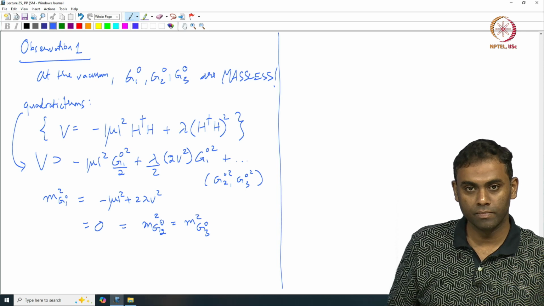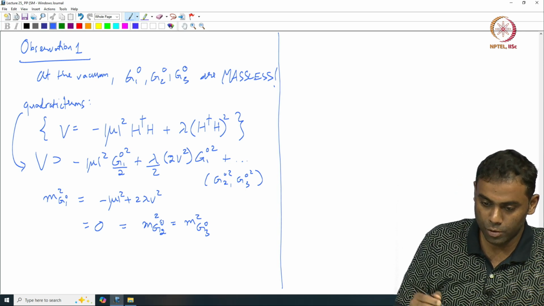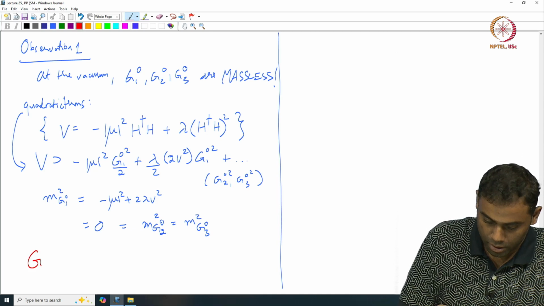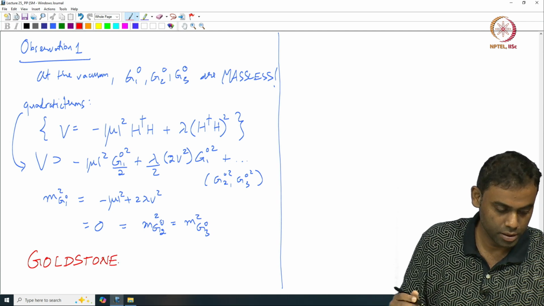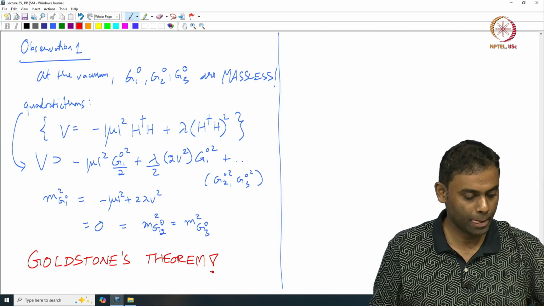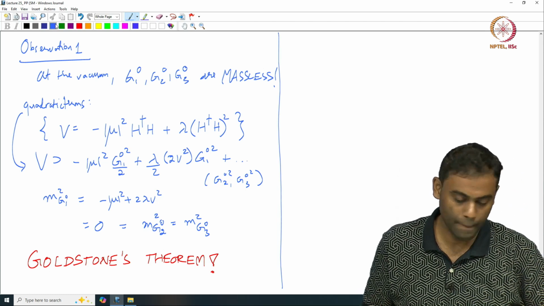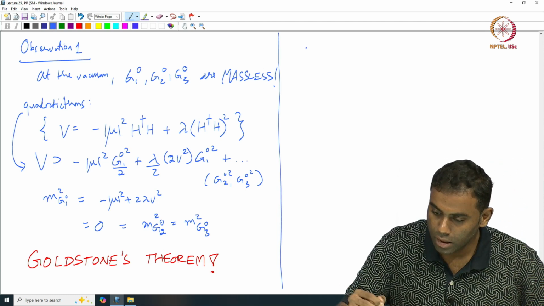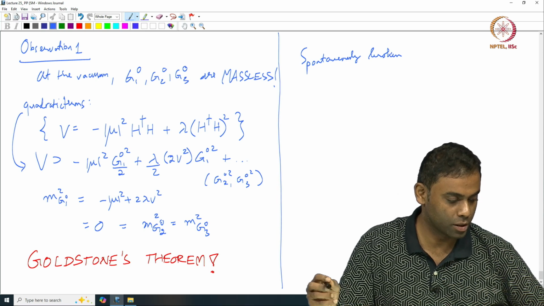So, why did this happen? This is not a coincidence, okay. This is a consequence of a very, very important concept, Goldstone's theorem, okay. What does Goldstone's theorem say? It says that spontaneously broken, see all these words are important now, okay, continuous symmetries,